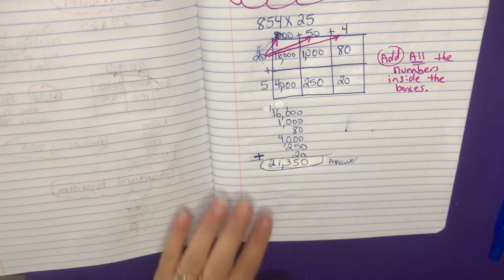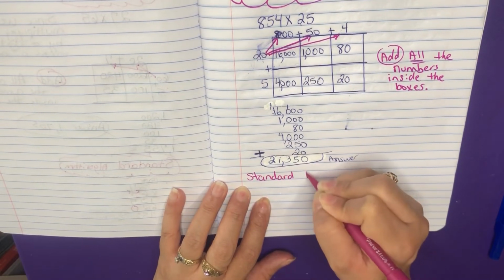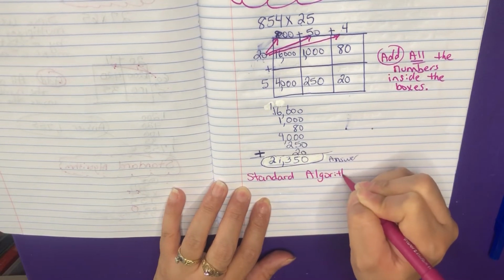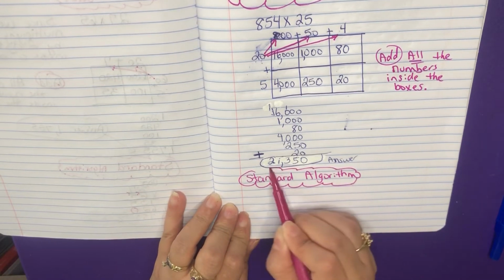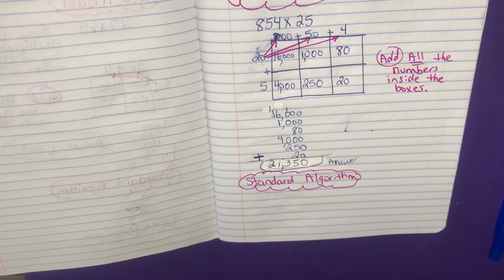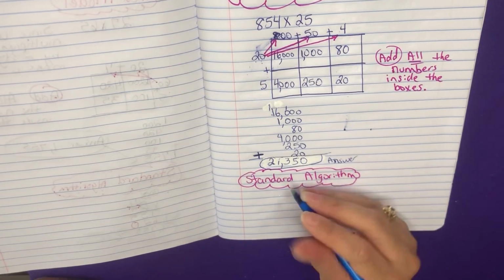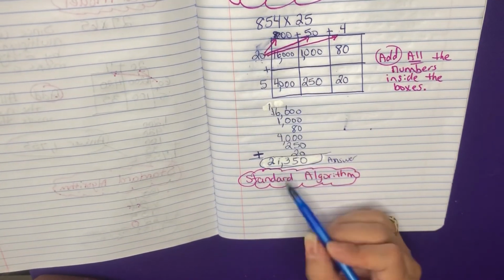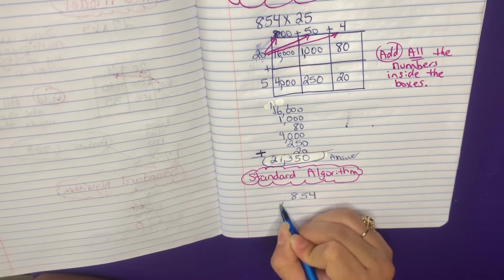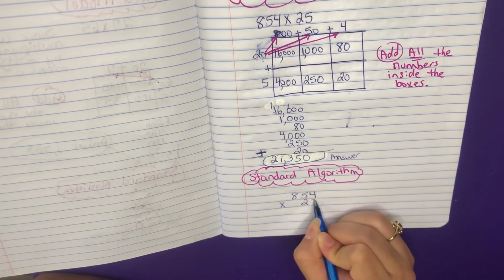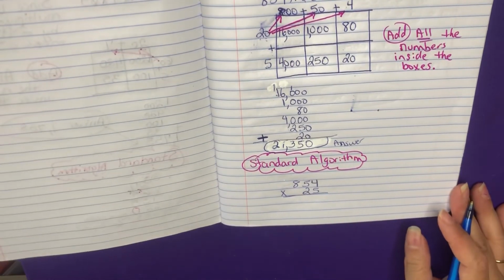So our other strategy is standard algorithm. And remember, this is the one that your parents know. It's the old way, if you want to call it that way. So it's a standard algorithm. It's the one that your parents can help you out with because they know how to do it. So we're going to do the same multiplication, which was 854 times 25. Just make sure that you line up the numbers nice and neat, because if not, you start getting confused,